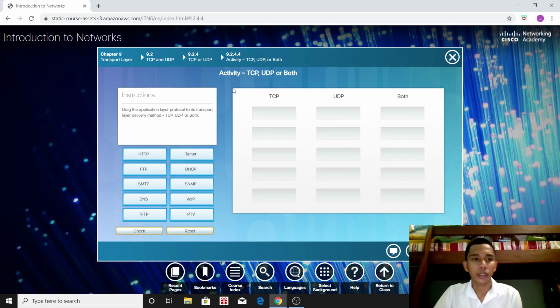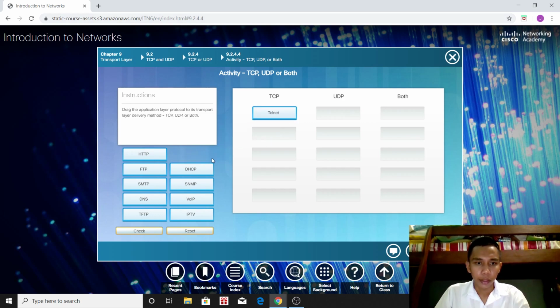The instruction is to drag the application layer protocol to its transport layer delivery method. There are three categories here: TCP, UDP, and both. For the TCP category, we have Telnet,